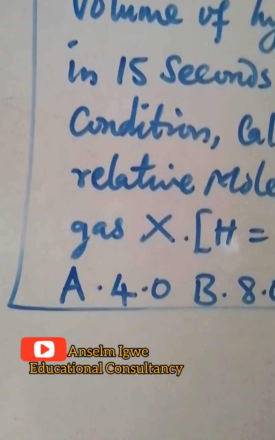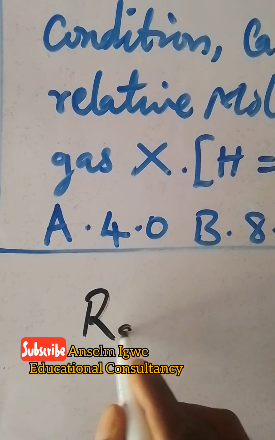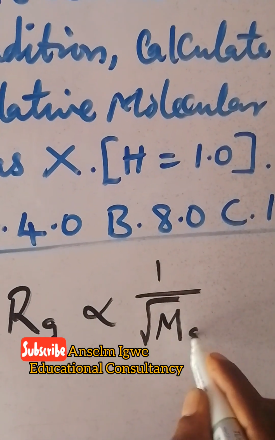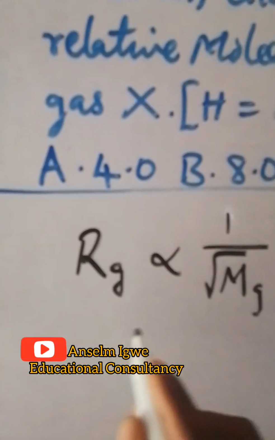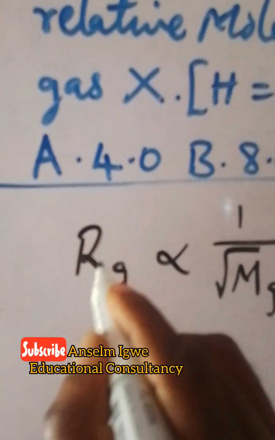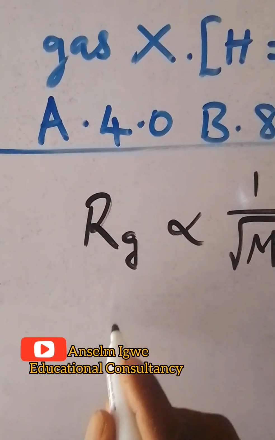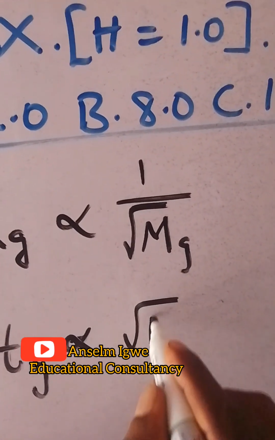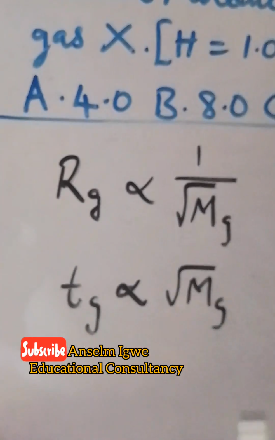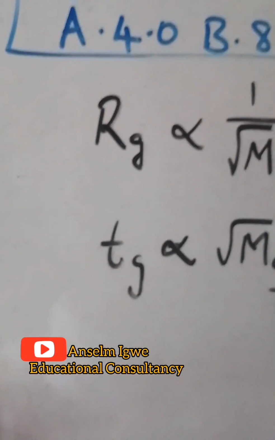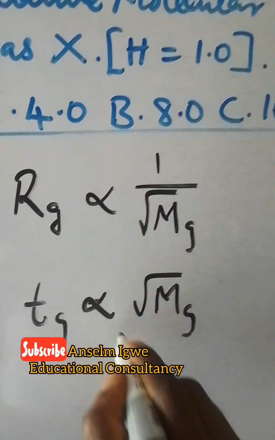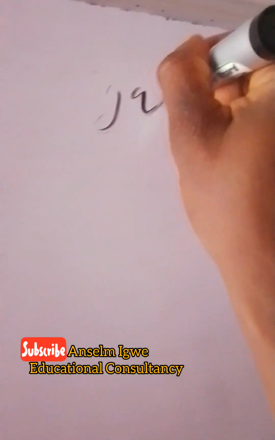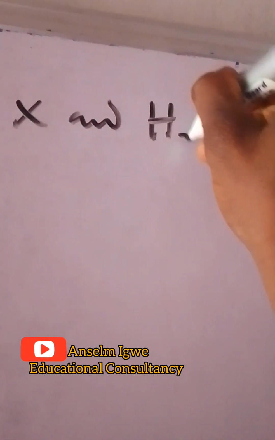According to Graham's law of diffusion, the rate of diffusion of a gas is inversely proportional to the square root of molecular mass of that gas. While rate of diffusion is the reciprocal of time of diffusion, we can say that time of diffusion of a gas is directly proportional to the square root of molecular mass of that gas. Because time of diffusion, being a reciprocal of rate of diffusion, is now directly proportional to the molecular mass of the gas. If we have two gases, gas X and hydrogen gas,